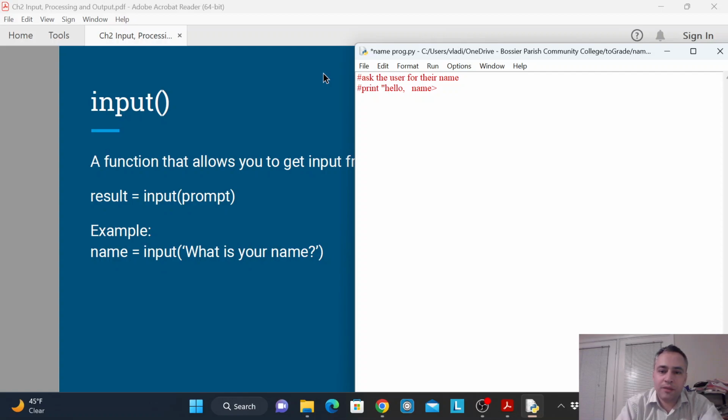I'll put it like this because there will actually be the user's name. All right, so that's the goal. The input function is relevant because I will need to ask what the user's name is. I don't know who will use the program, or when they will use the program. So I need input,